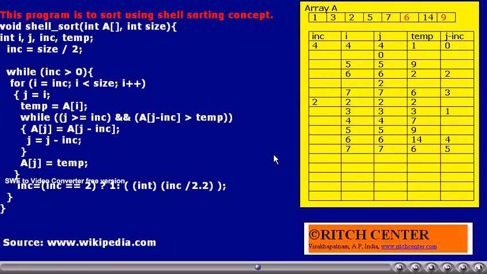Similarly, those elements whose indexes are 1, 3, 5, 7, they are sorted. That is, their values are 3, 5, 6 and 9. Thus, that set and these sets are now in the ascending order.